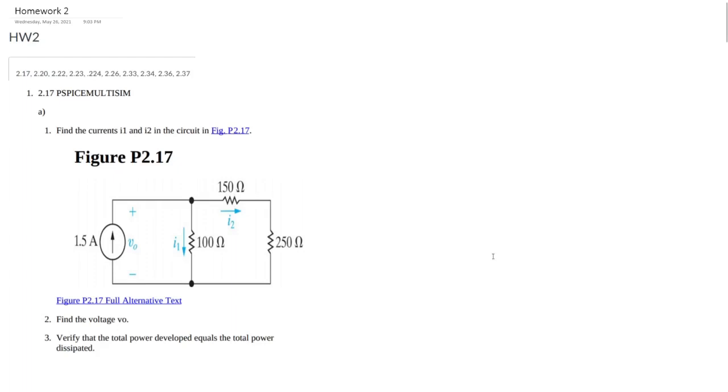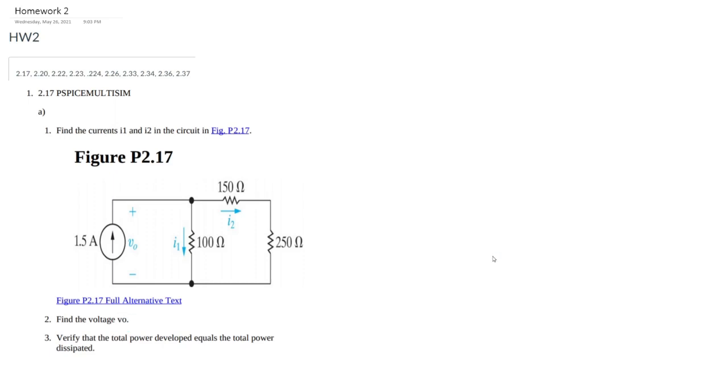Okay, so now we're going to begin homework 2. I'm going to try to favor using nodal analysis instead of the universal method that Reza teaches, just to give you guys a little bit of insight into some different methods. But they all basically come back to Kirchhoff's circuit laws, Kirchhoff's voltage law, all that kind of stuff. So anyway, in this circuit, our task is to find the VO,